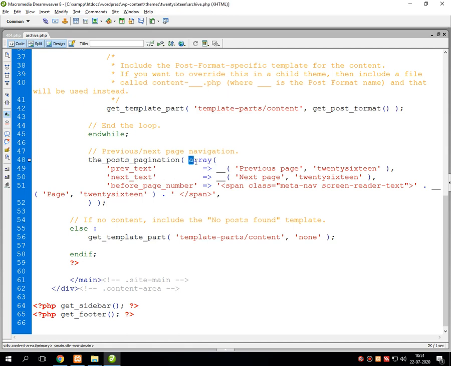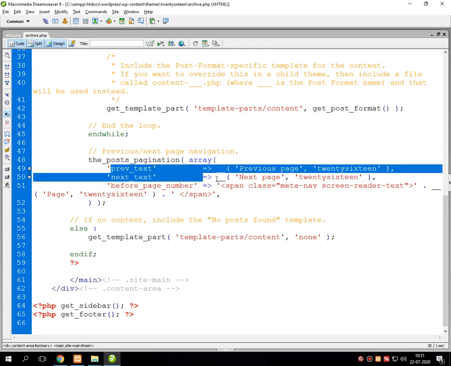In this array there are two options for moving towards the previous page and moving towards the next page of the desired theme.